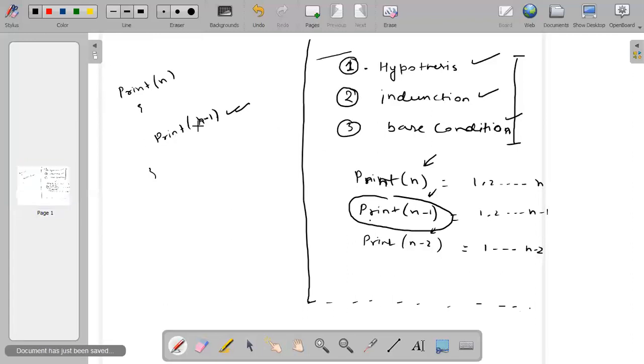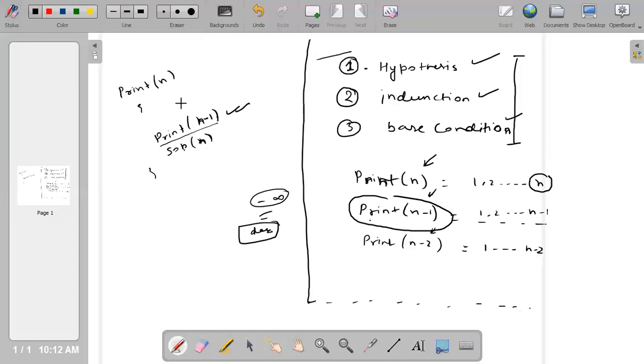So you have to make your input size smaller so that you can solve it. My hypothesis is this one. If this function can print 1 to n minus 1, and if I can print this last n, then the problem is solved. So I can write SOP of n. But the problem is that it will keep on decreasing and go till minus infinity, or whatever the range of your data type is.